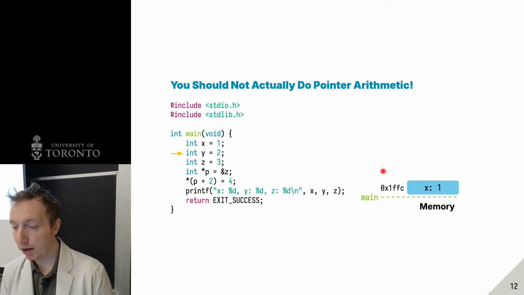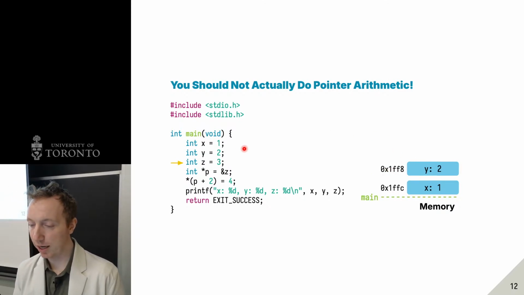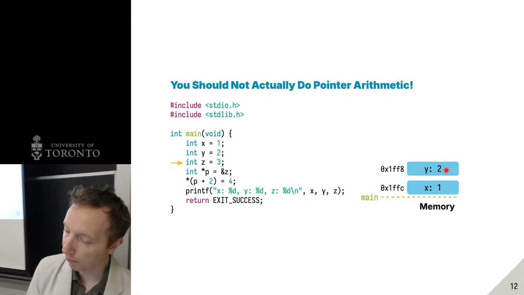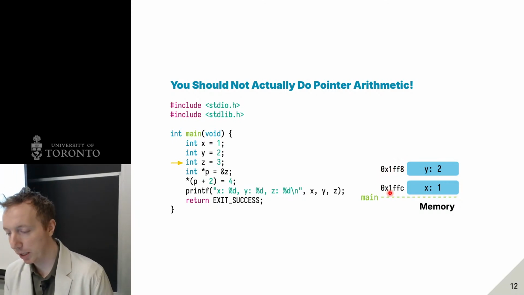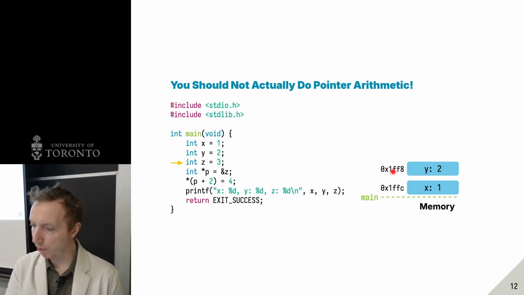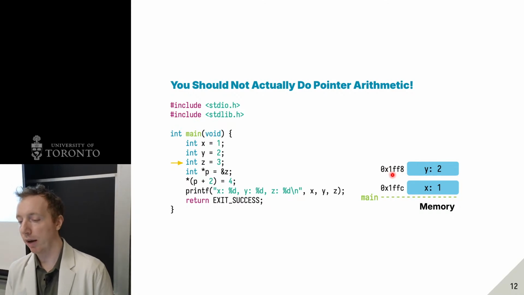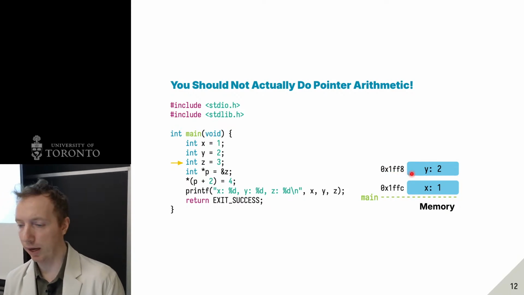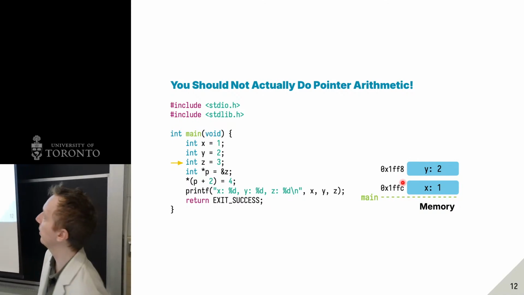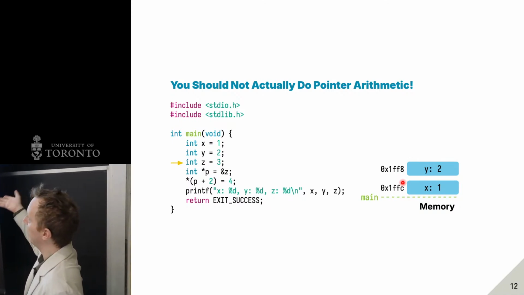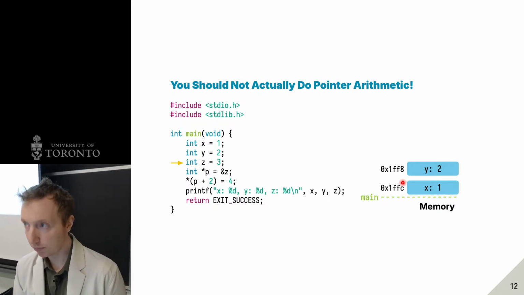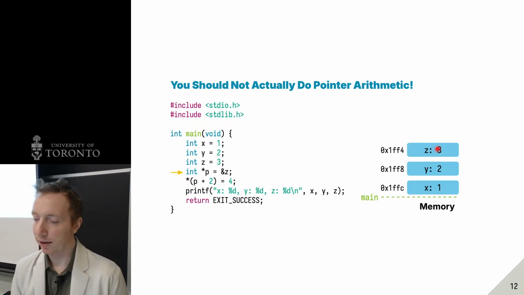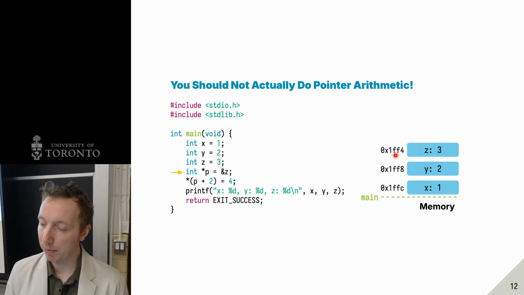So the rules are, if I declare y and initialize it to 2, there are now 4 bytes that store the value 2. I can refer to it in my code through y, and it would be at the next lower 4 bytes, so it might be at the address 1FF8. So these are 4 bytes away from each other. Depending on your machine, it might be a bit further away, but this is what it looks like on my machine. If I do z, same idea, it gets the value 3. It might be stored at address